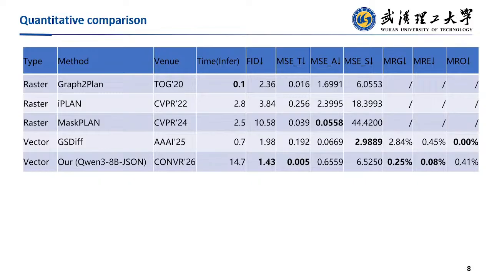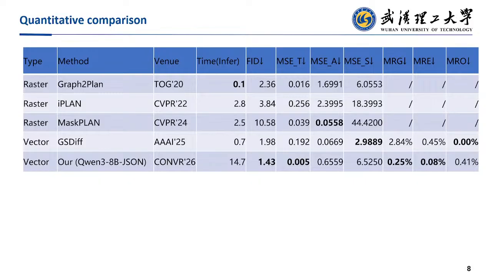It's a very detailed and well-designed model for this design, and we just use it to fine-tune a large language model. It's here the Qwen, an 8 billion parameter model. It's actually quite small, and we use JSON. Here is the result. We can see the time, because we all know that for the large language model, it's a bit